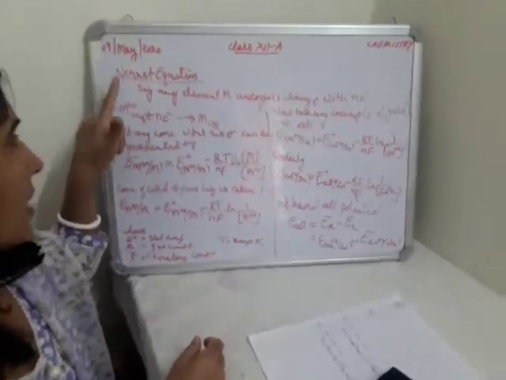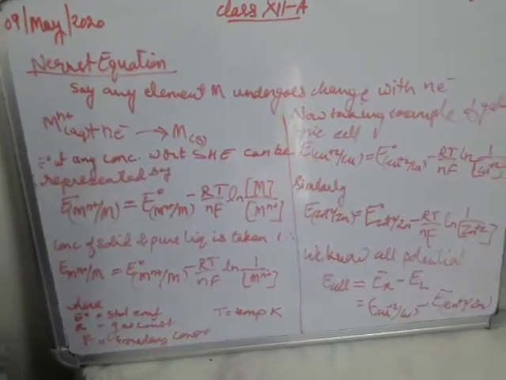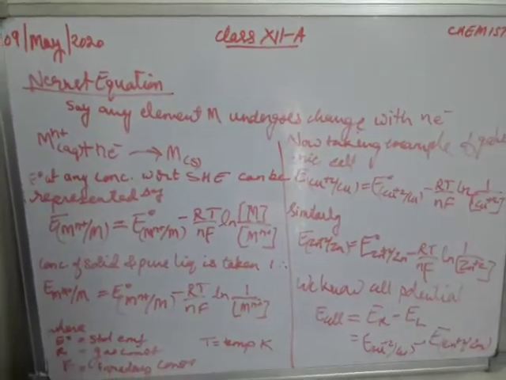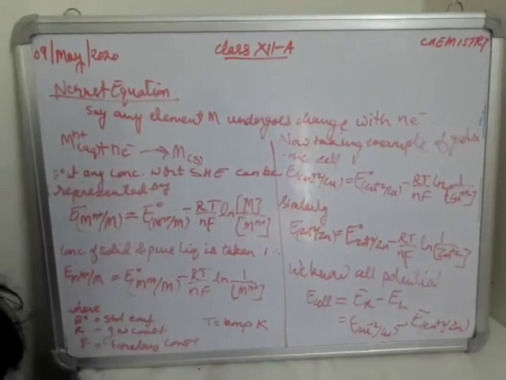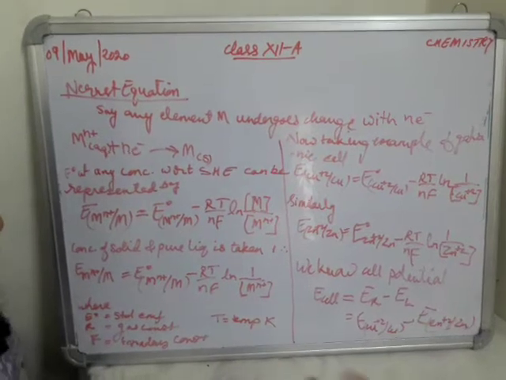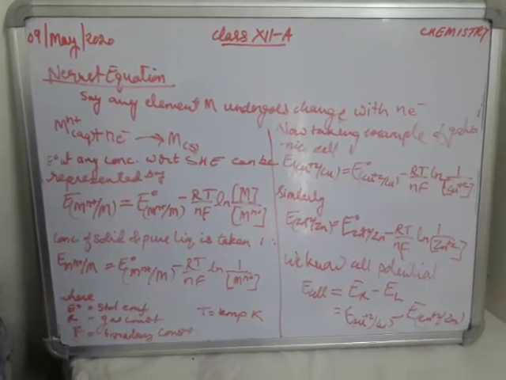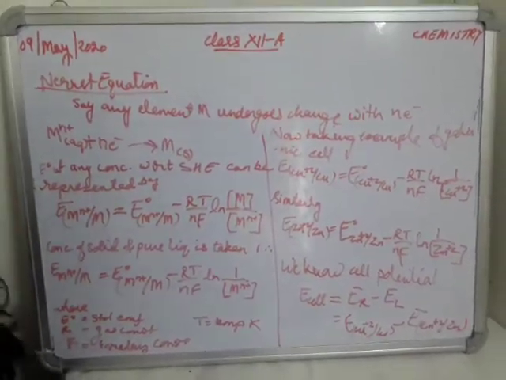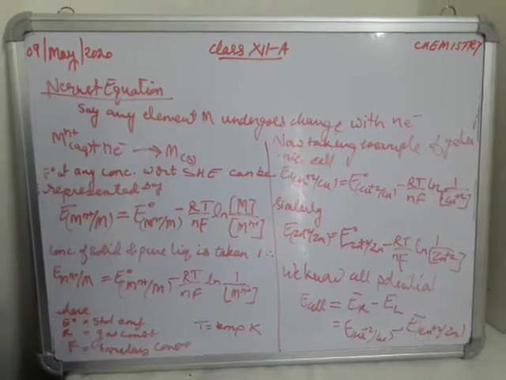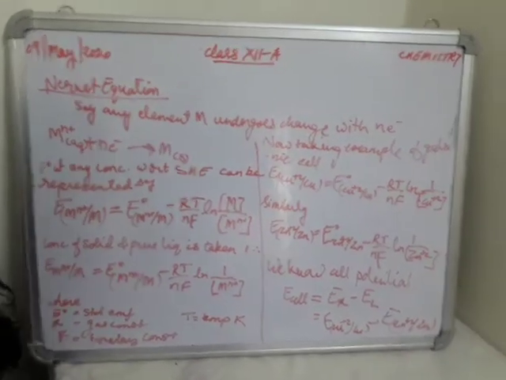Children, we are discussing the Nernst equation. Till now, whatever we have discussed was the standard electrode potential. Standard electrode potential means the concentration of all the reduced and oxidized species is unity, which is not always true in laboratory conditions, because in the laboratory we prepare solutions of various concentrations. So how do we find the cell EMF of a solution that does not have a concentration of 1?